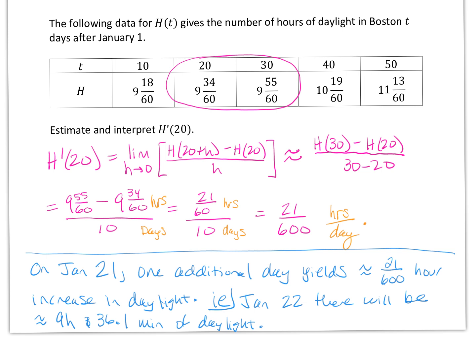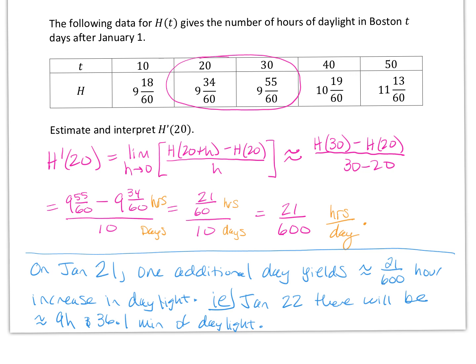And I got that number by adding 9 and 34/60ths plus 21/600ths. So I took how many daylight hours there were on January 21st and added this number that you should be adding per day approximately